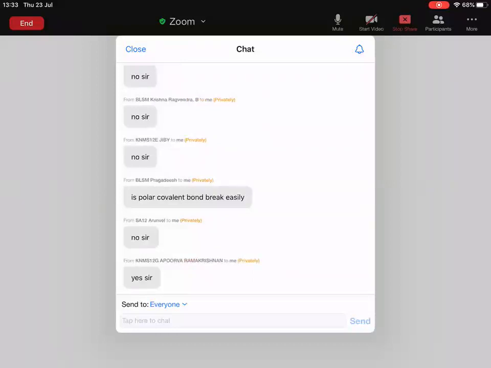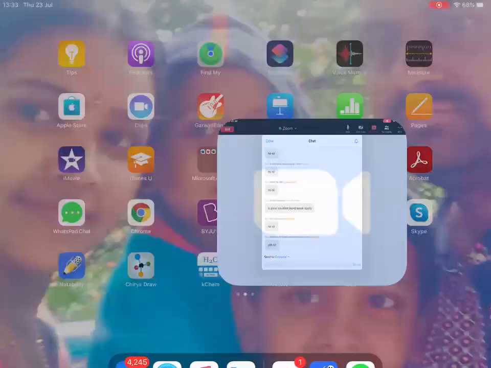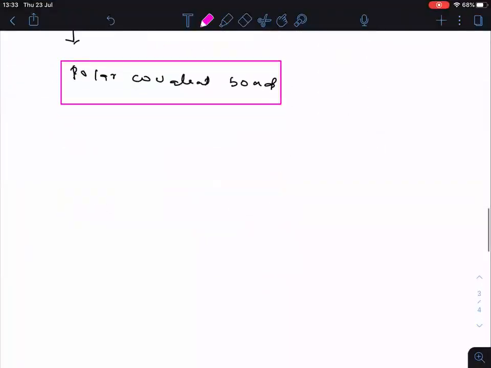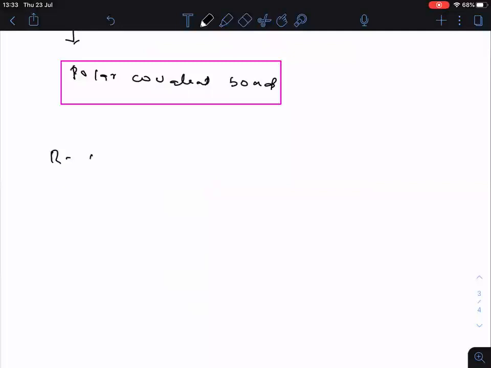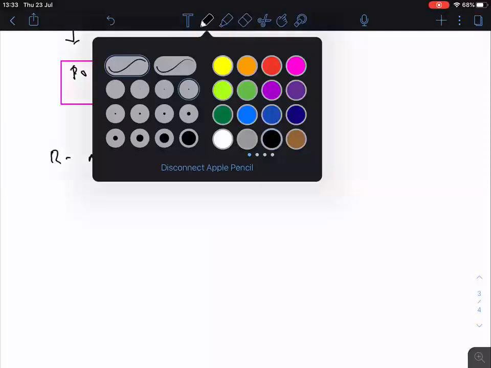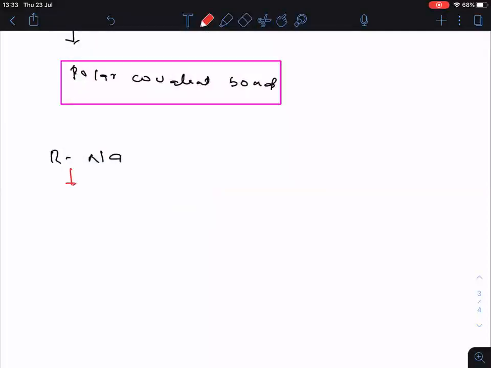Completed, everyone? Right. Now, let us come to the bond. Please see clearly, everyone. Here, RNa is there. So RNa is what? Here the bond is ionic. Remember everyone, this bond is the ionic bond because sodium is a 1A group element, so it is more metallic. Therefore, this bond is the ionic bond. Generally, ionic compounds are more reactive compounds.